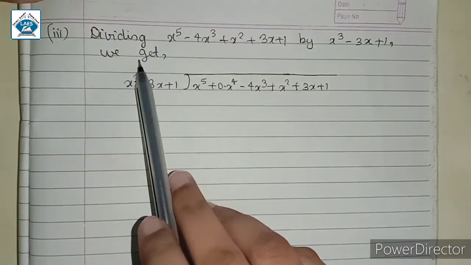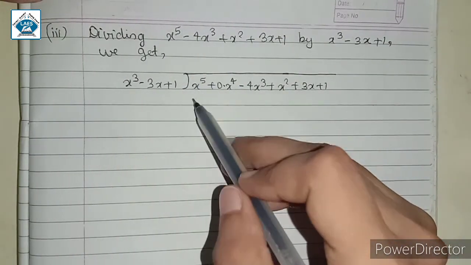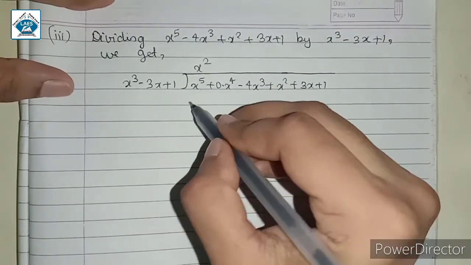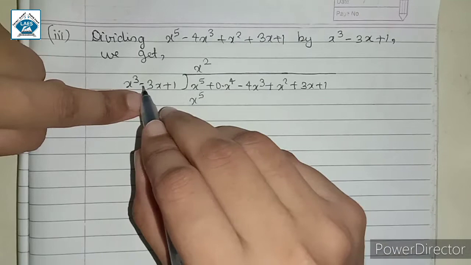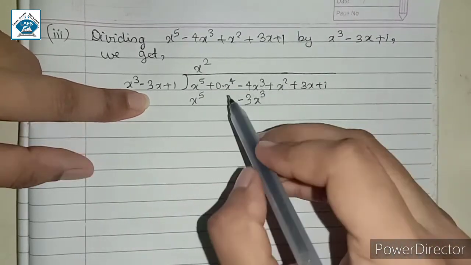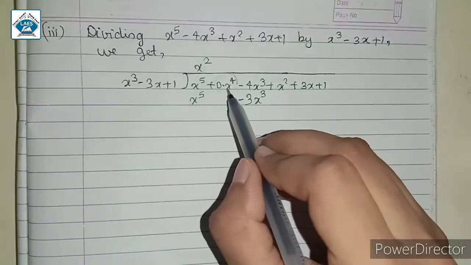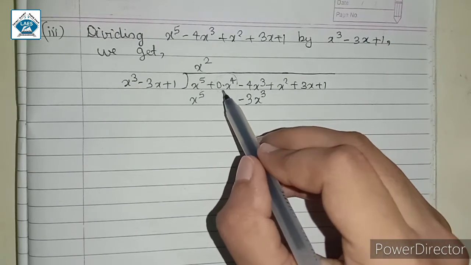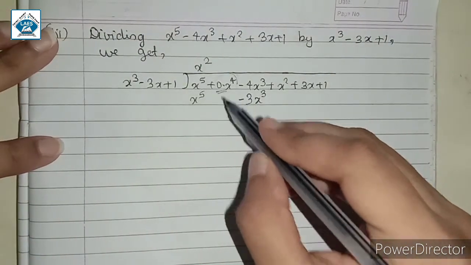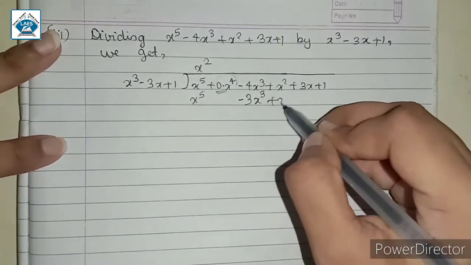So on dividing we get, let us proceed with the long division process. Finding the first term of the quotient, we have x raised to 5 divided by x cube, which gives x square. On multiplying x square with each of these terms, we have x raised to 5 and minus 3x into x square, which gives minus 3x cube. So here in this question it was not necessary to add this term, but still if we have added this, it is not wrong because it is simply 0. It doesn't make any difference to the polynomial. So we will just simply ignore this term from here.